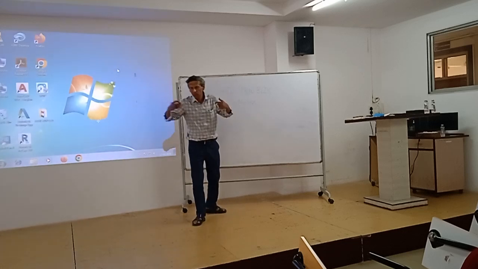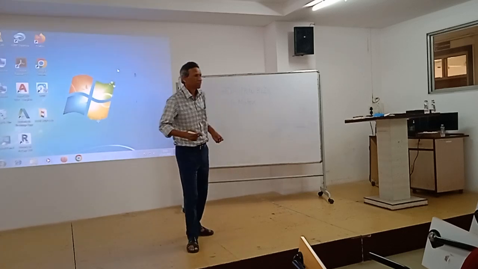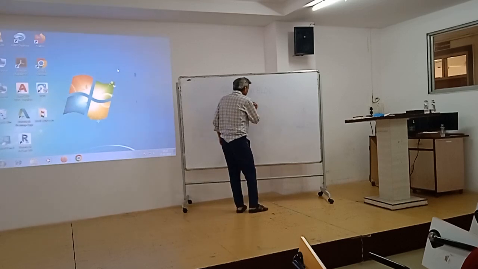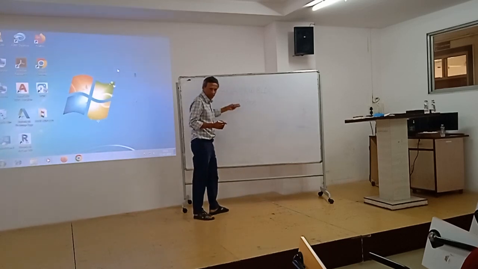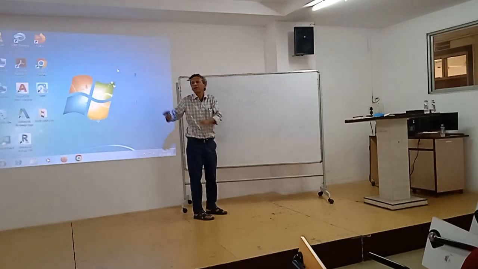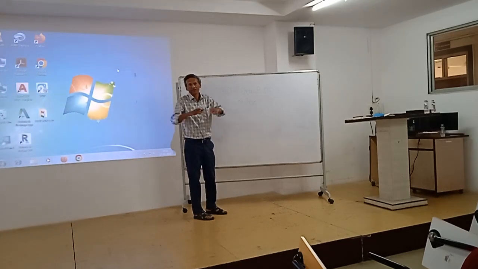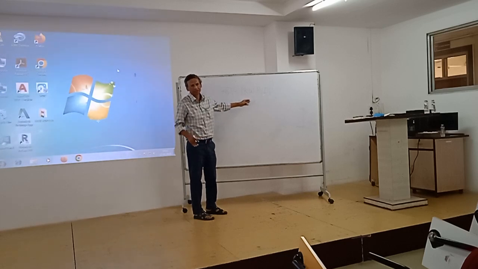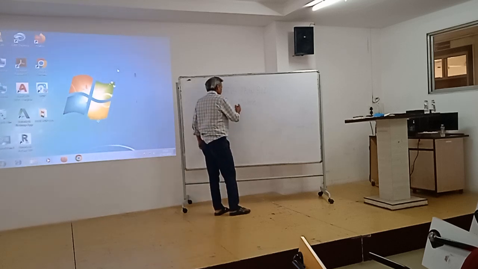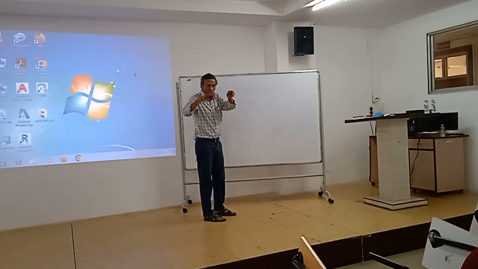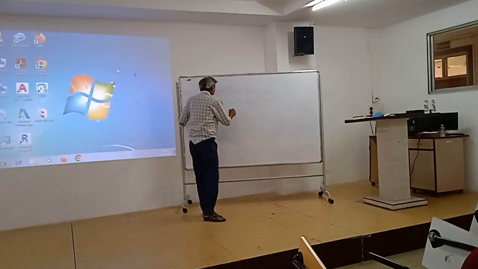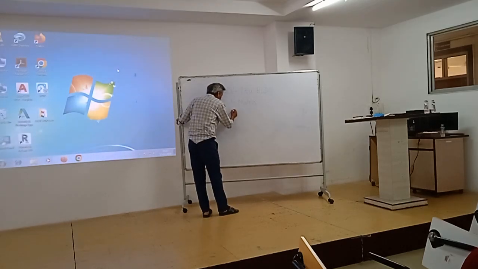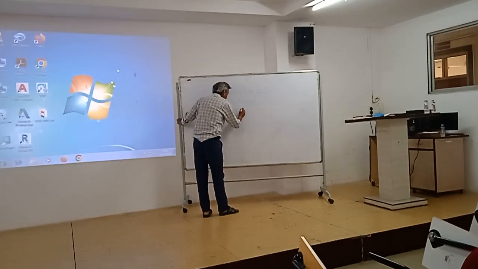Such 10 motors are to be operated in synchronism, and ultimately these motors will have to have the same speed. So it is a textile machine, and I have taken 10 motors for simplicity. And then to have synchronous motion, they have to communicate through RS485